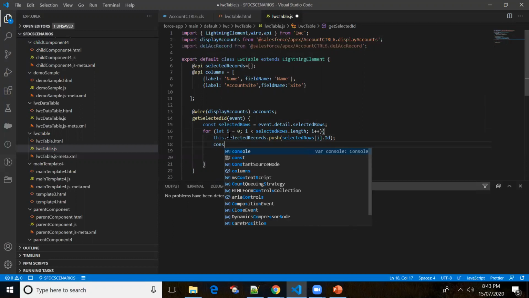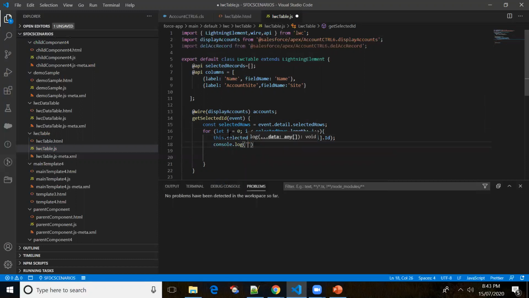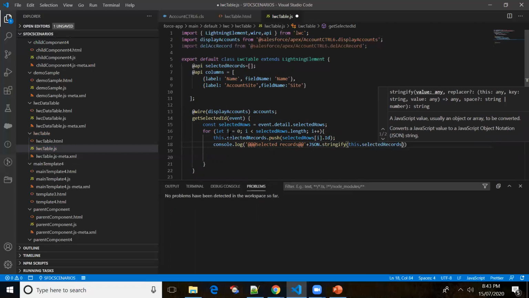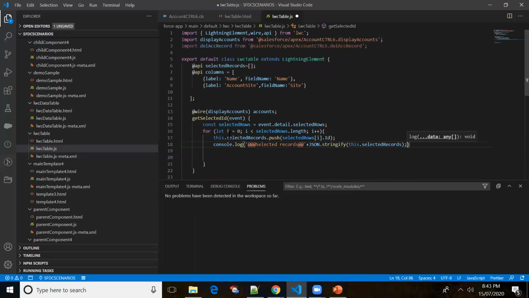Let me put console.log, records, selected records. Let me put JSON.stringify. If you don't put JSON.stringify, it will come in an object format, right? That's the reason I'm putting JSON.stringify of selected records. Okay, that's fine.